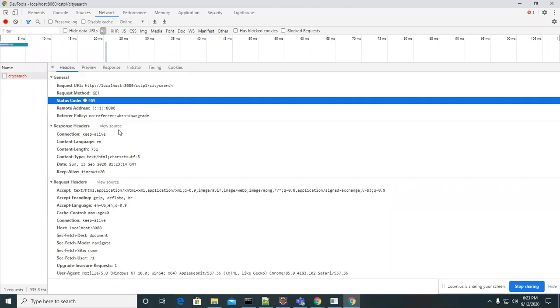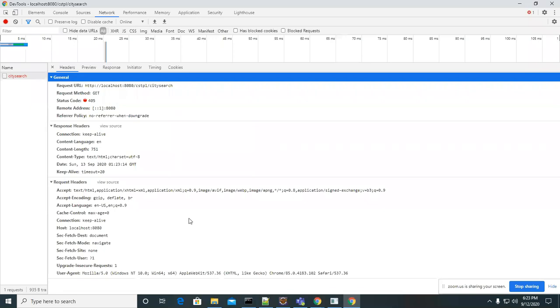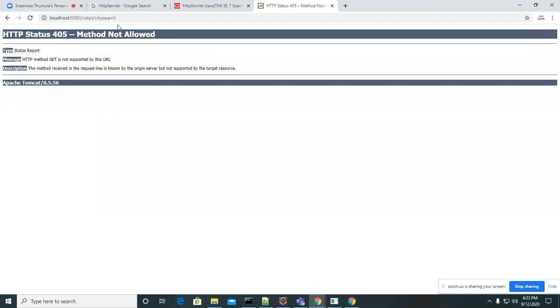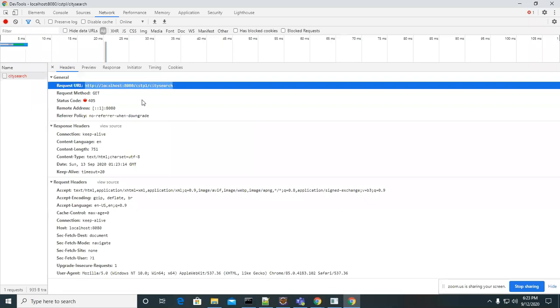I'm going to explain. By default, the browser sends a GET method, and it's not supported by our class. Let me tell you the whole flow of this request. The moment you try to access any resource from the browser, from a client, it will create the HTTP format, and this format will have the URL. It will go to the server.